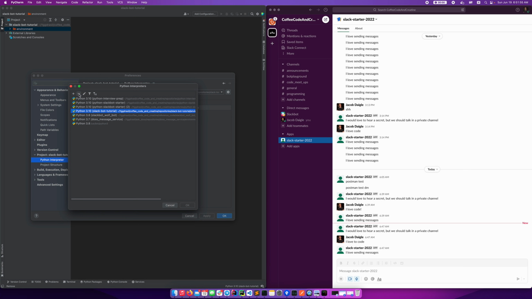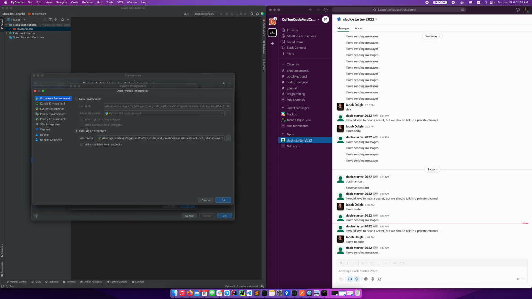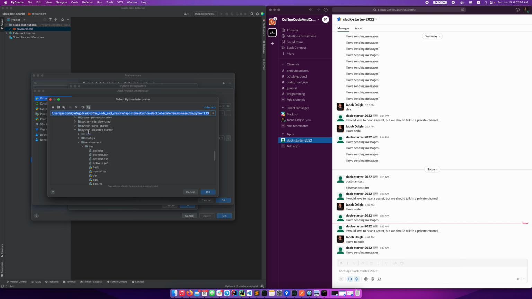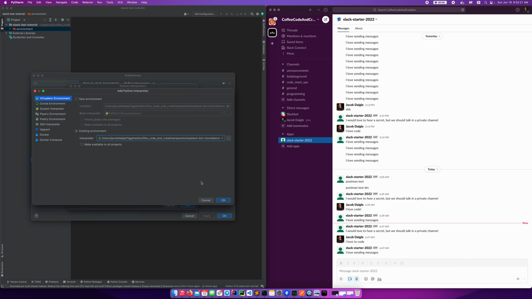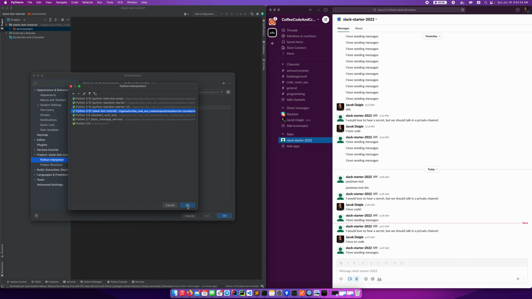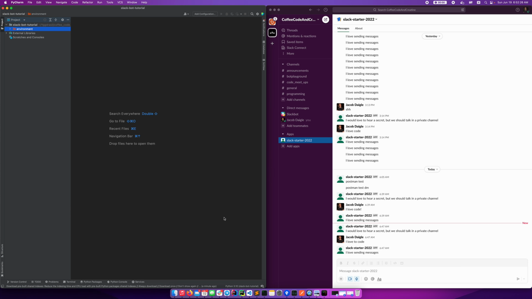I don't necessarily want to use the default one that my IDE gave me, so we're going to add my own. And we are going to pull the version of Python that we created from the virtual environment. So under Slackbot tutorial, under environment, under bin, we're going to have Python 3.10. That is what we want. So we're going to hit OK, OK, OK, OK. So now we actually have our